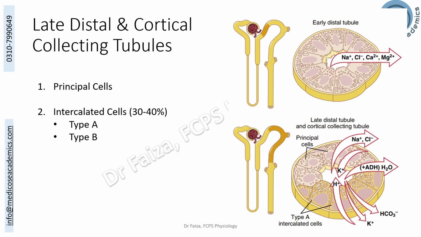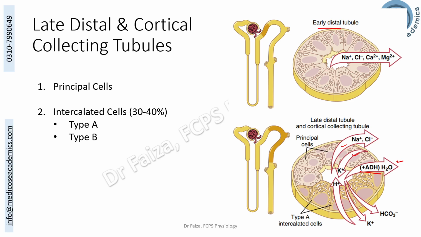Here you can have the comparative image of the role of early distal convoluted tubule in the absorption of sodium chloride, calcium, magnesium, whereas the role of principal cells in the reabsorption of sodium and chloride, secretion of potassium. Reabsorption of water is also occurring over here in the presence of ADH, although the early distal convoluted tubule was